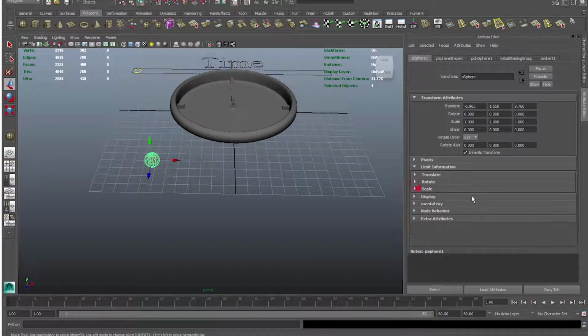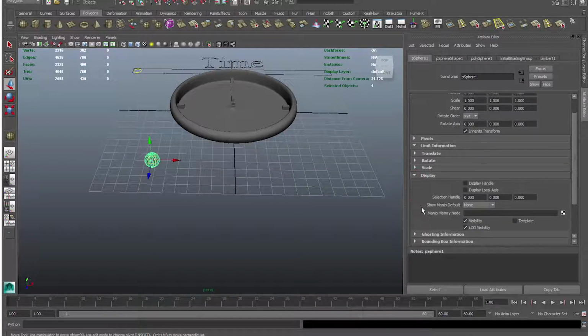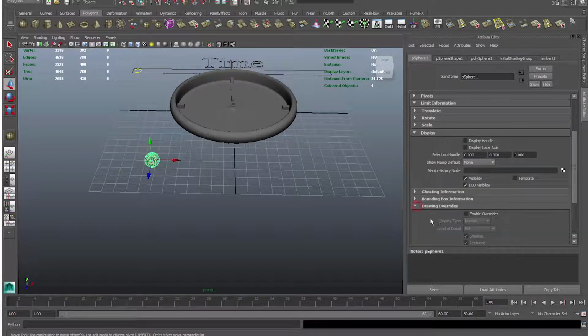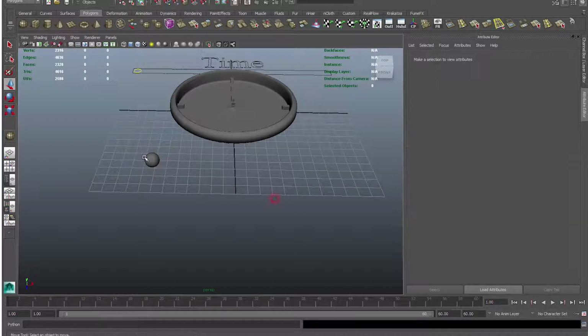This comes in really handy when you're rigging because you want to have a predefined minimum maximum value, especially if you're controlling multiple attributes. And I'll quickly show you how you make an object unselectable. So if you just go down to drawing overrides, click on enable overrides and change the object to a reference object, and you won't be able to select that object now no matter how much you try unless you go